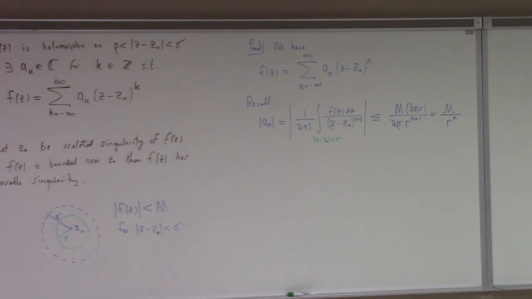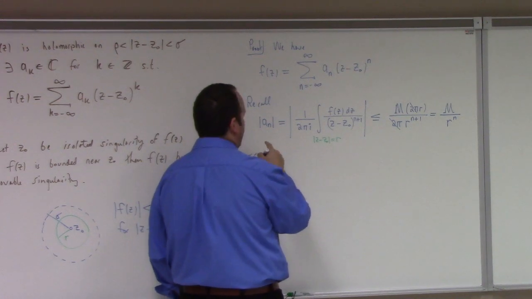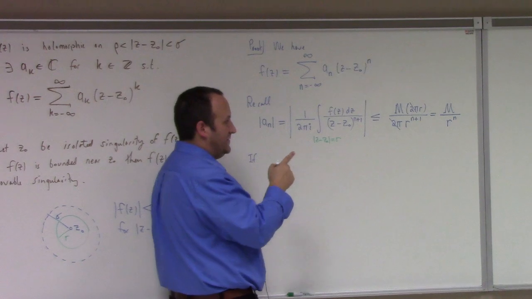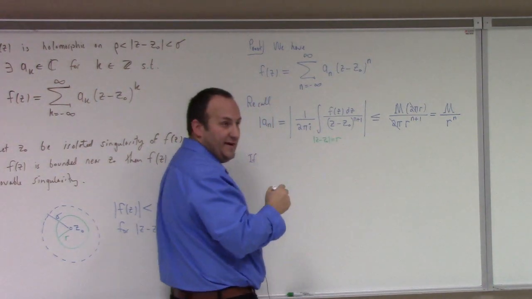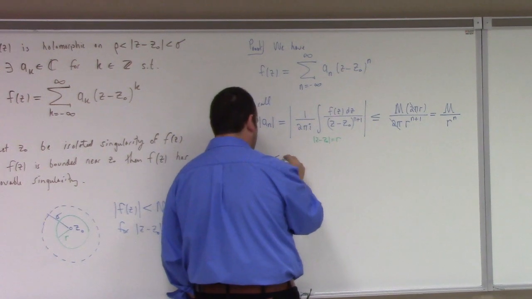So, doesn't look good. Doesn't look good for a sub n if we have what? If n is... Now remember here, n is an integer, right? So it could be positive or negative. So don't let appearances deceive you. If n is less than or equal to minus 1,